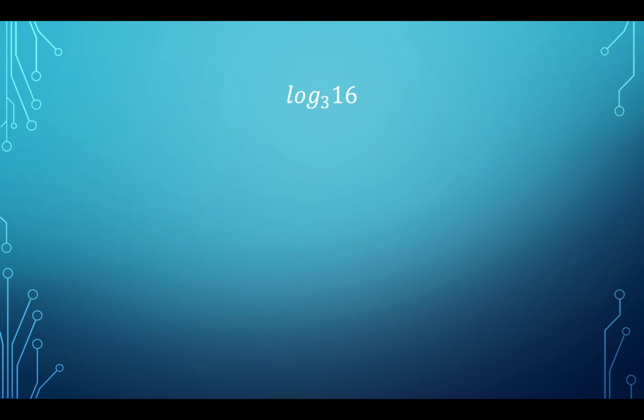So you have to figure out 3 to what power is going to give me 16. The easiest way to do this is to use your calculator. We're going to do log 16, and make sure we close our parenthesis, because when we hit log it automatically opens up a parenthesis. Then hit the division sign, divide by log 3, close our parenthesis, and we're going to get